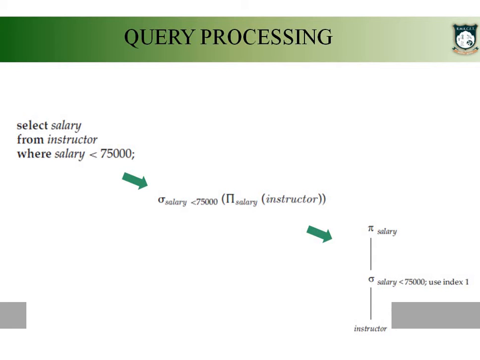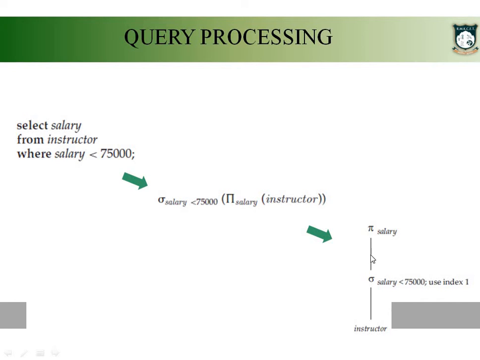Once after identifying all the equivalent expressions, it will be evaluating the cost of each one, and it will be choosing the appropriate one whose cost is less. And finally, the chosen algebraic expression will be expressed in a tree-like structure. This is what we are referring to as the execution plan. So this execution plan will be given as a result by the optimizer. Now as I already said, this execution plan specifies the order in which the operations are to be executed.